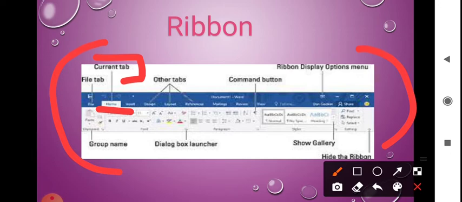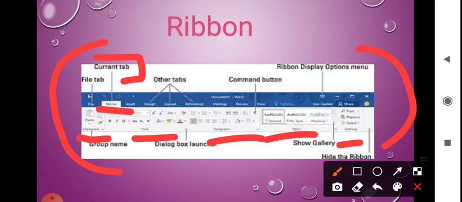What is a group name? See here: Clipboard, Font, Paragraph, Styles and Editing. These are the groups under the Home tab. In the same way you will get groups in Insert, Design, Layout, References, Mailings, etc. So there also you will get different groups.